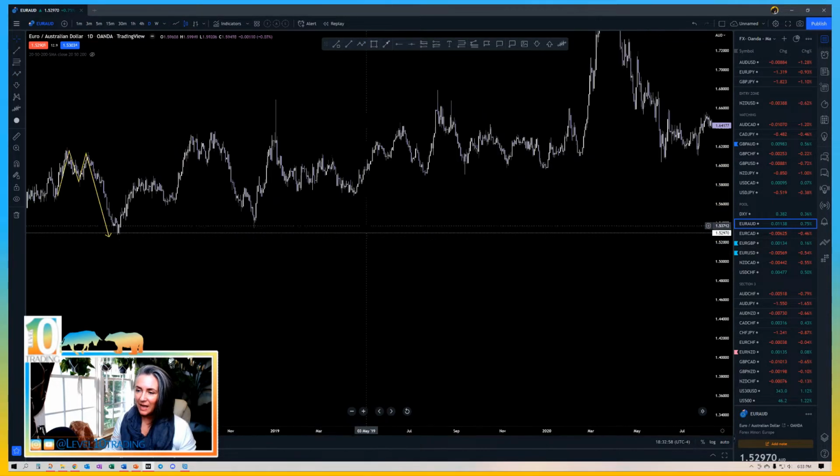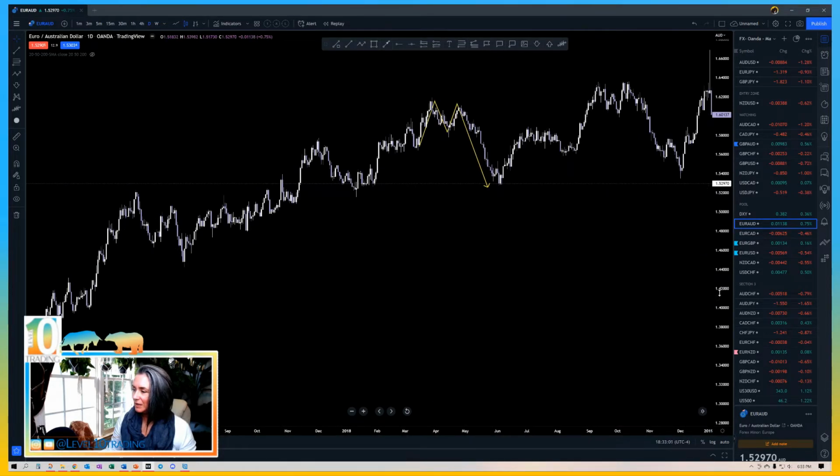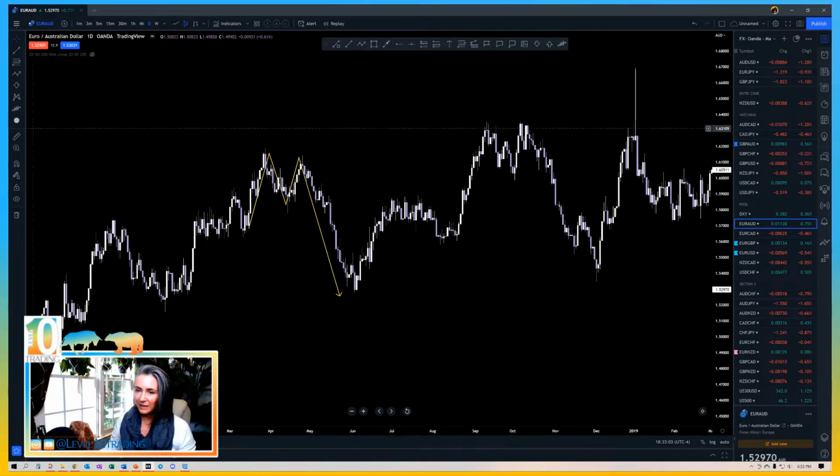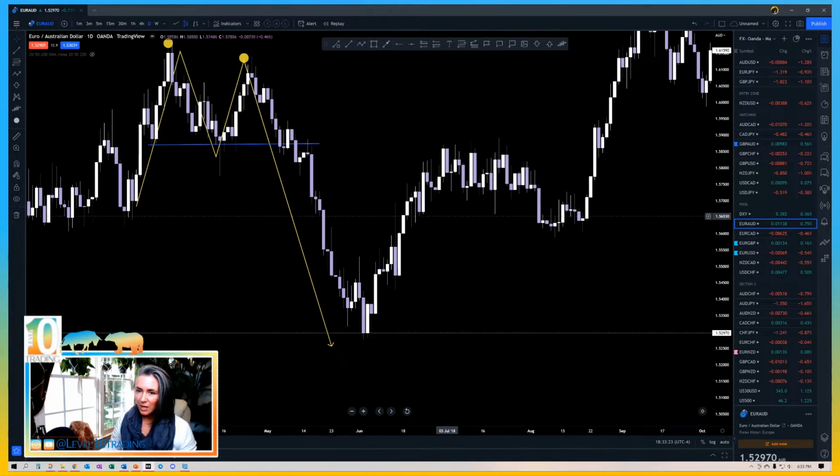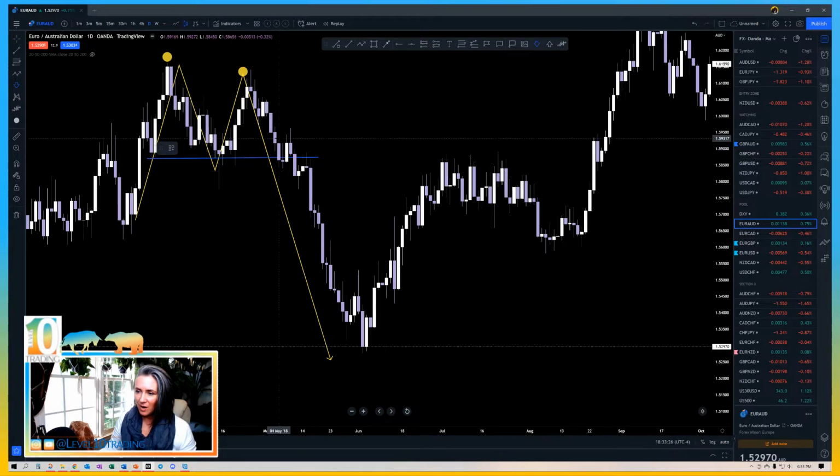price plummeted. If we zoom in right here, what you're going to see is a peak here, a peak here, and then your neckline right here. What price did is it came down, and once it traded through the neckline, you see right here, you had a pin bar. Let me zoom in a little bit more. You had a pin bar that closed below the neckline right here, but price bounced right back up into the